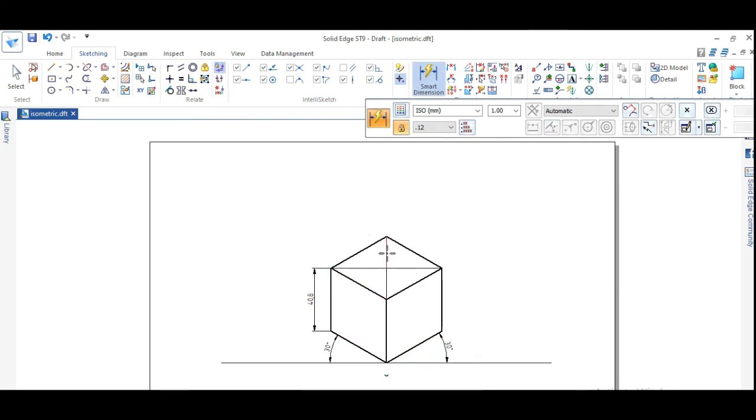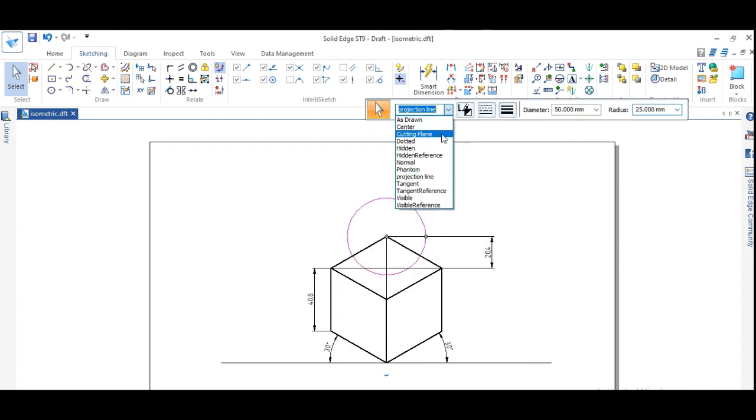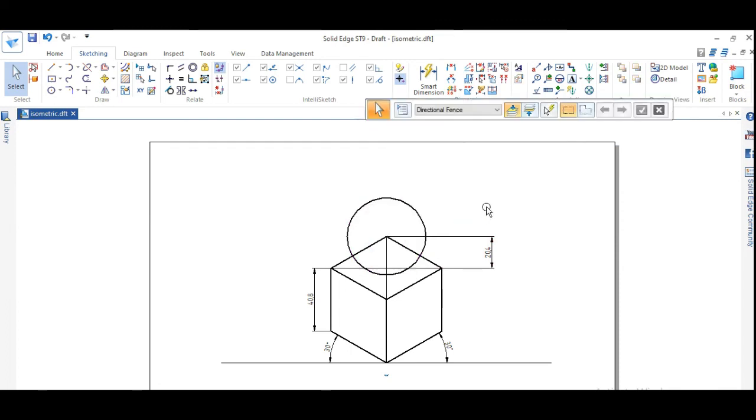So we have taken the radius ISO 25, right? So this will be 20.4 ISO. So from this point I will draw a sphere which has a true radius of 25 mm, because diameter is 50 mm. So radius will be how much? Diameter is 50 mm, radius will be 25 mm, right? So this is the representation of a sphere, and because it is a solid object it should be represented by visible line.